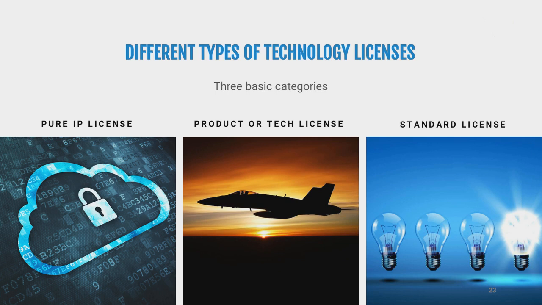Now, a license may be for certain IP rights only. For example, a license to practice a particular identified patent or to copy or to distribute a certain work of authorship. A license may also be for all of the IP rights of any kind that are necessary to produce, make, use, or market a particular product or a particular technology grouping. And then there's also a license that may be for all IP rights necessary in order to create and market a product that complies with a technical standard or specification. Okay? And those are generally how you're going to have licenses structured in one of these forms or some sort of hybrid form.